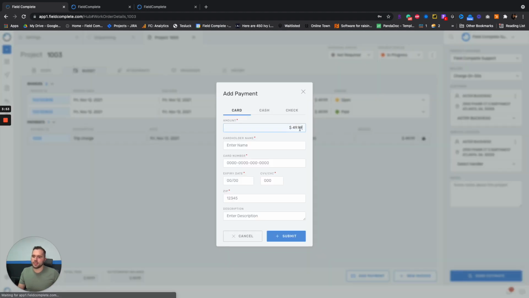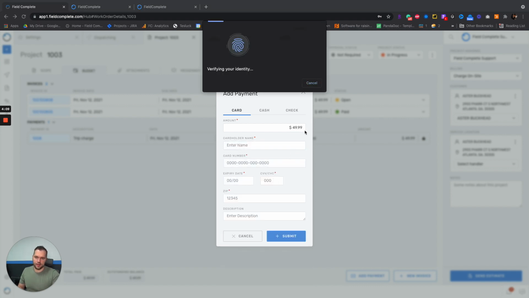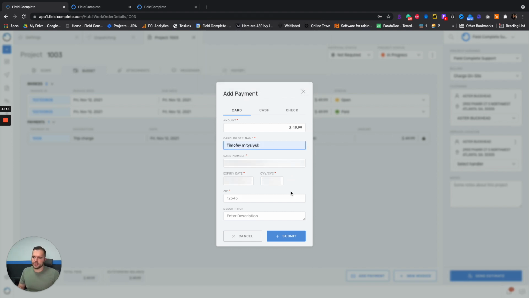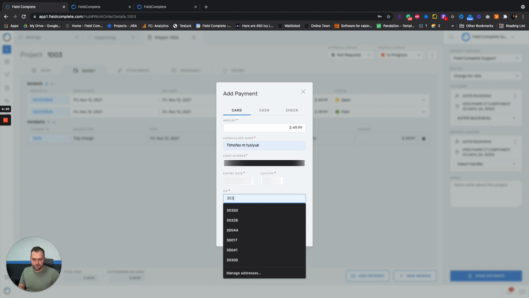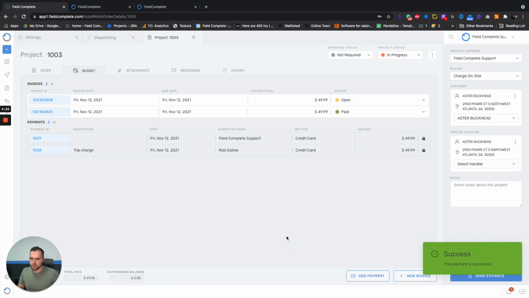I can now collect payment. Once I click add payment, again, if I have credit card set up, it will give me an option to collect it via credit card. So again, I click the card, and I have this card already pre-filled the data. So once it pre-fills all the information, I can click submit. And as you can see here, another payment without a description has been posted that I just collected from